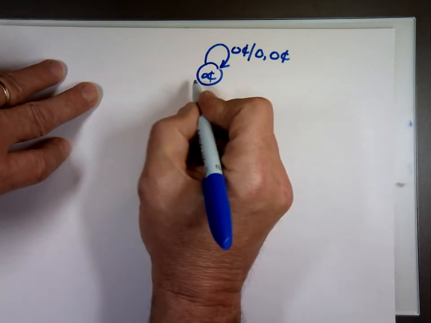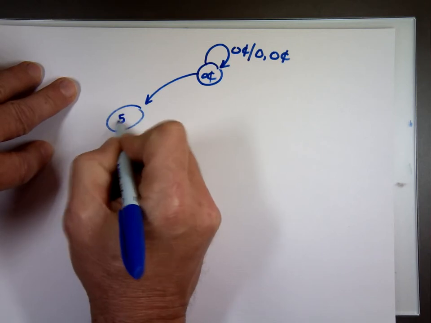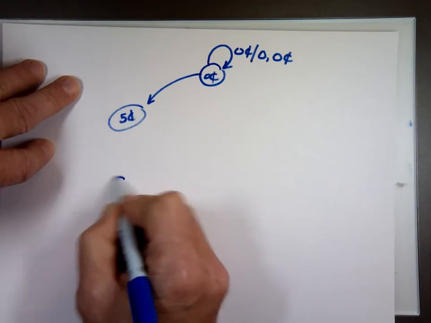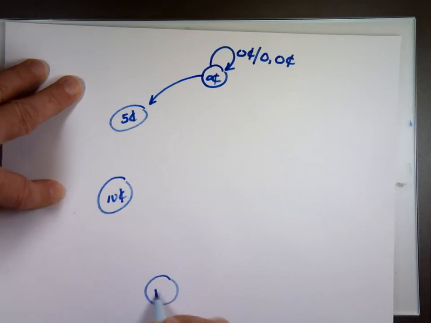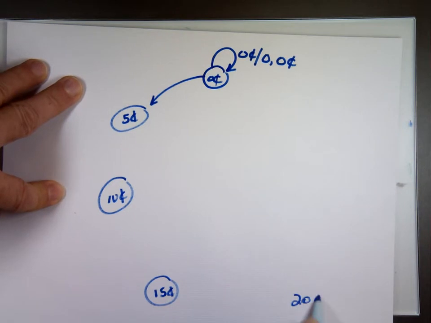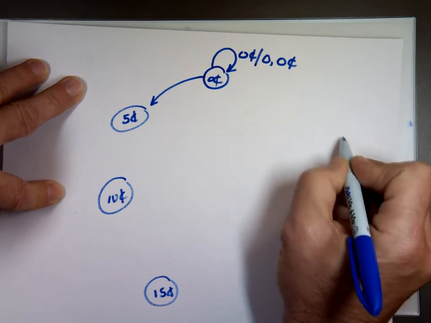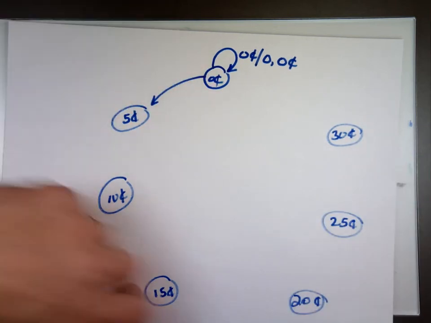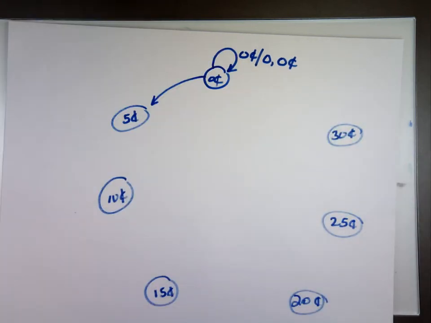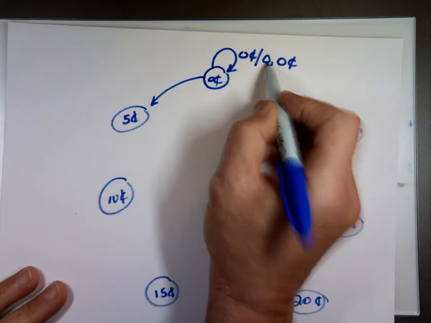So now, what about if you put 5 cents? You go to the 5 cent state here. And if you put 10 cents, you go to the 10 cent state. And the 15 cent state. And the 20 cent state. The 25 cent state. And the 30 cent state. 1, 2, 3, 4, 5, 6, 7. Perfect. So again, if I'm at this state, I put no money, I stay there, no candy, and no change